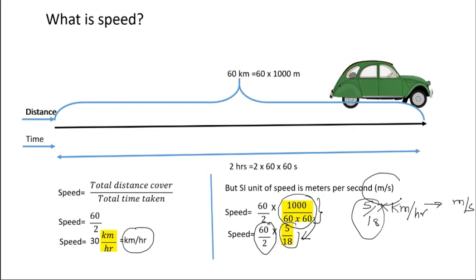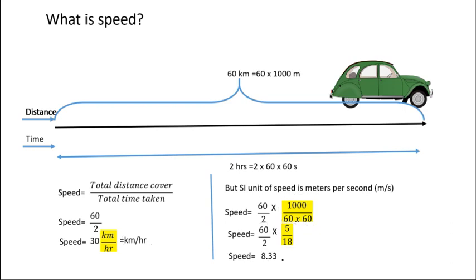Plus remember, the point to be noted here is that the SI unit of speed is meter per second, and you can convert kilometer per hour into meter per second by multiplying by 5 by 18. Right, so we'll go ahead now. The answer of the entire calculation here is 8.33, which is equal to 8.33 meter per second actually. Please don't forget to write this unit, which is very important. Generally we tend to forget this unit while answering our question.